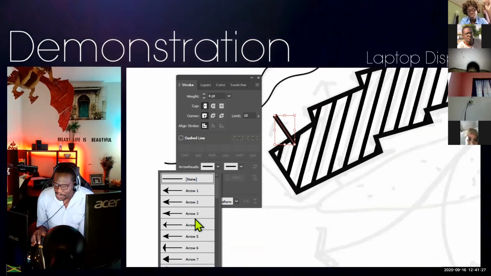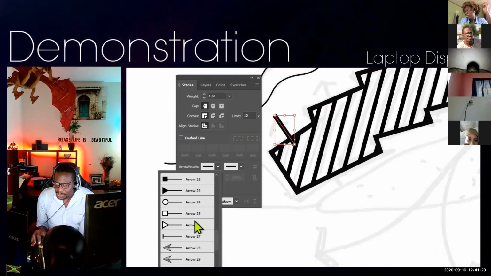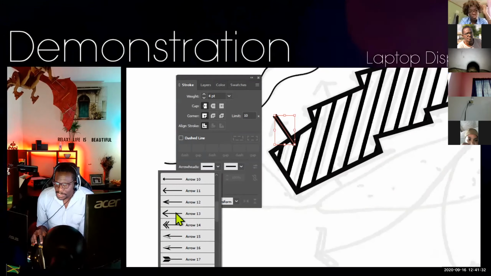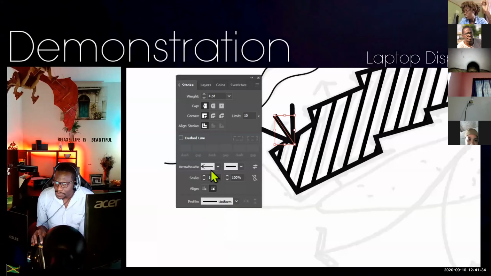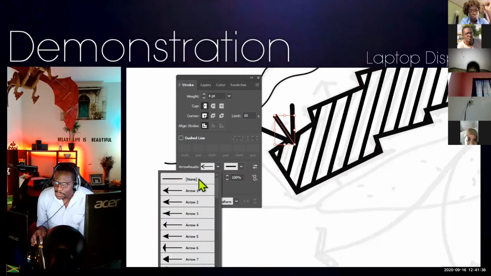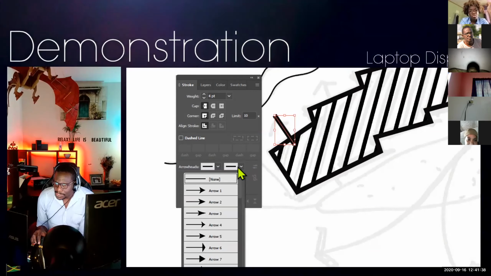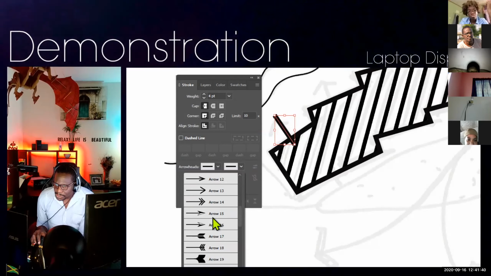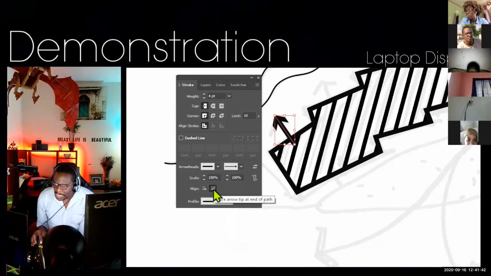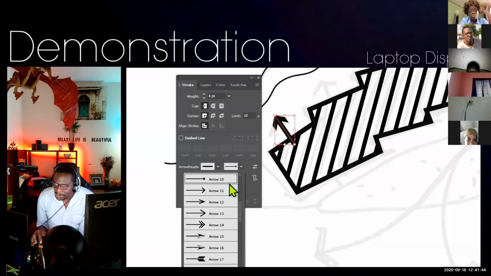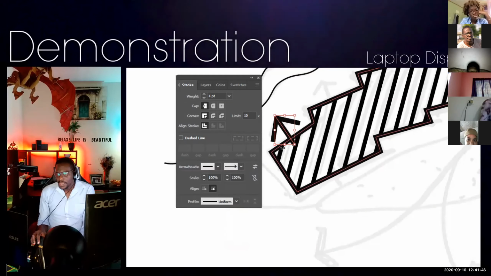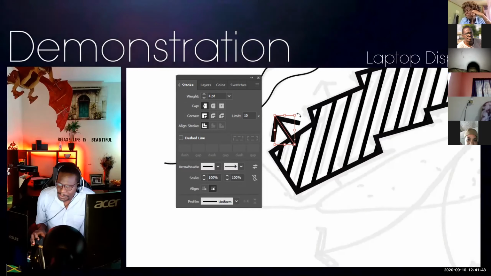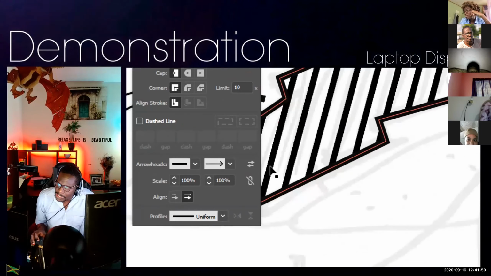There are quite a bit of arrows here. So we're going to choose this arrow. Oops, that's on the wrong side. So I'm going to choose none this way, and choose this arrow. I think it could be that, or no, this one. Then of course the arrow is a bit big, so I want us to change the